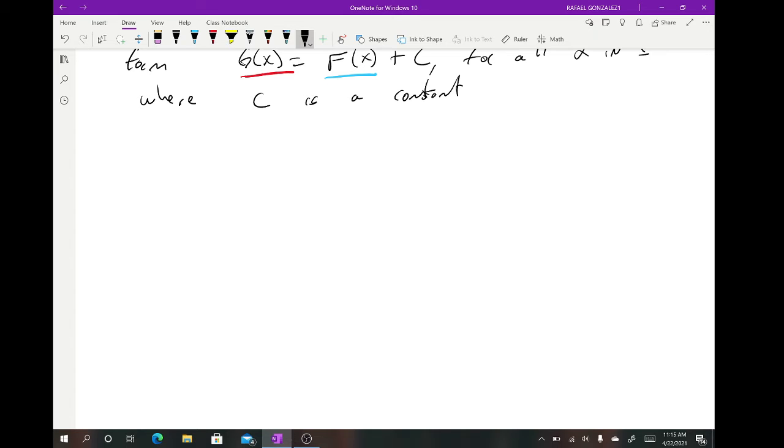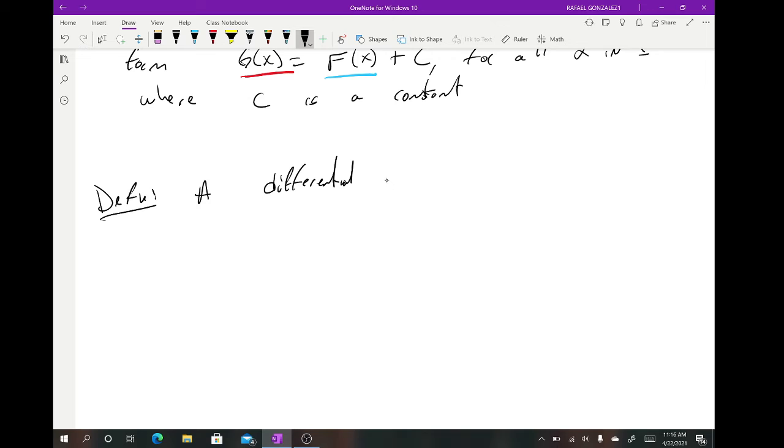Now, before I move on, I want to really quickly define one more thing. For those of you who are going to be math majors, you will deal with this in a class called ordinary, and it's two classes. One is ordinary differential equations, the other one is partial differential equations. Our textbook has a small section about differential equations, so I just want to talk a little bit about them. So a differential equation